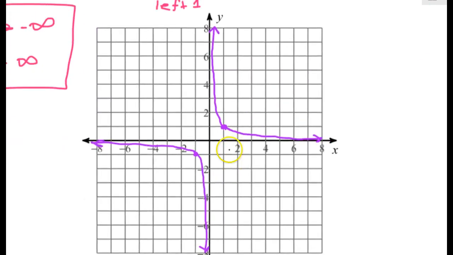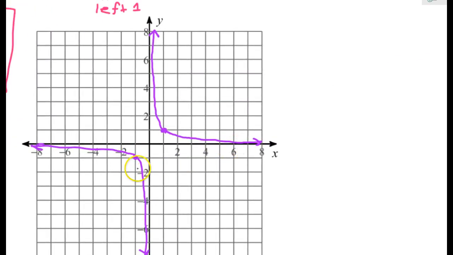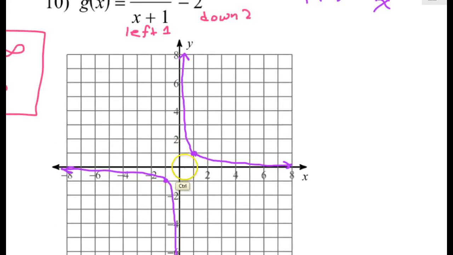So that's what I'm going to do. If I move everything left 1 and down 2. Okay, left 1 and down 2. So see where the origin is, (0, 0). If I shifted that point left 1 and down 2, it would be right here. Now there's not going to be a point here. I just want you to fix your eyes on this point